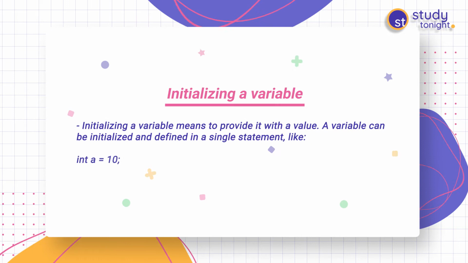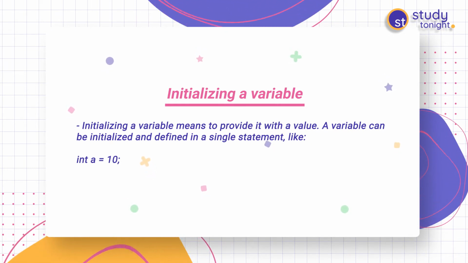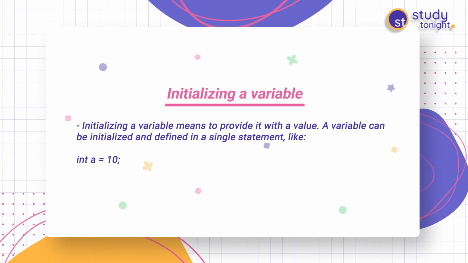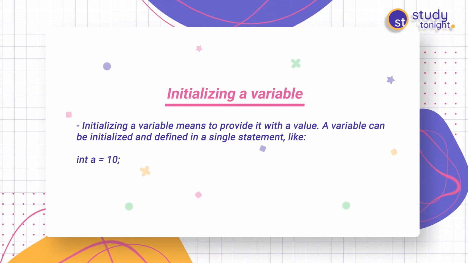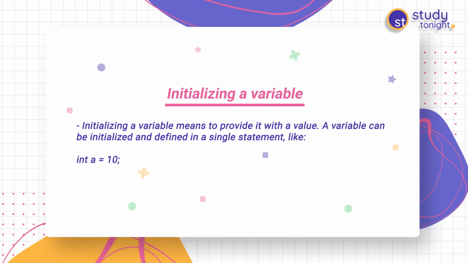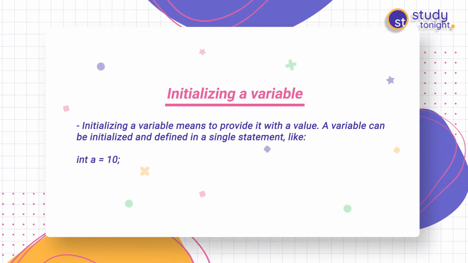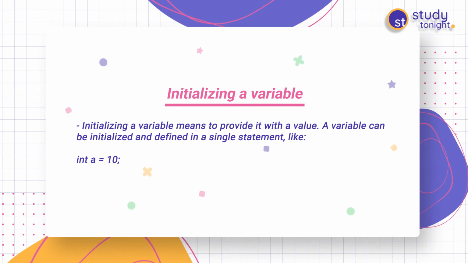Then initializing a variable. This is the third step. How to initialize a variable? Initializing a variable means to provide it with a value. A variable can be initialized and defined in a single statement. We can do that in one go, and we can do it in different statements also. So int a equals 10. Here the data type is int and the variable name is a, and we are assigning it the value